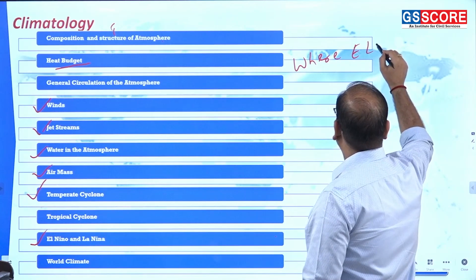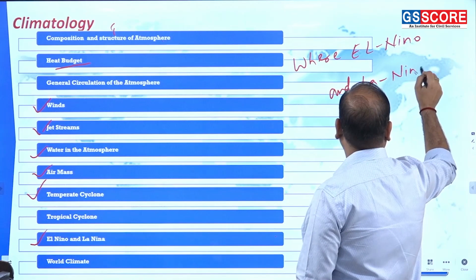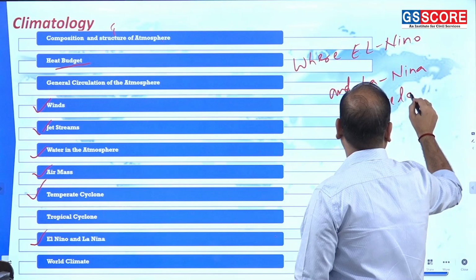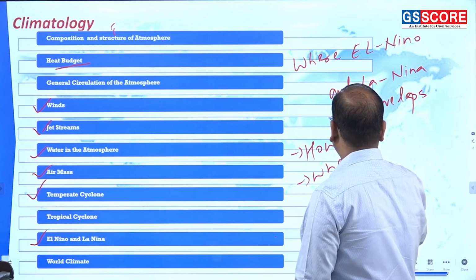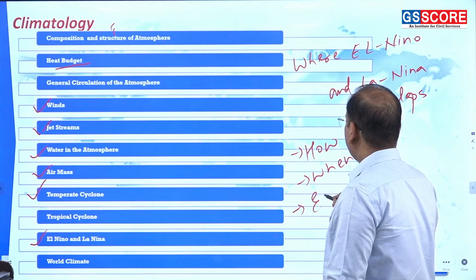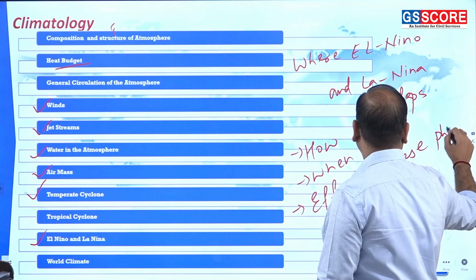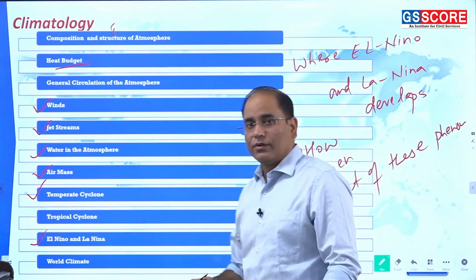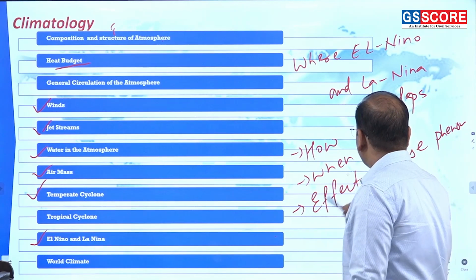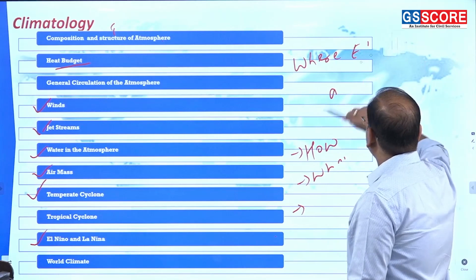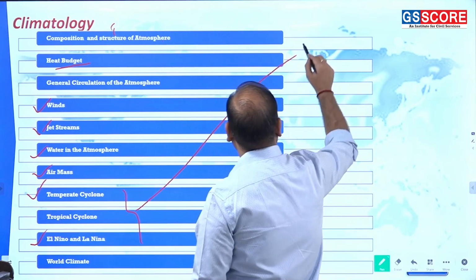where El Niño and La Niña develop, how they develop, when they develop, and the effect of these phenomena. So these are the topics that you are supposed to study in one go. Then in the end, out of these atmospheric disturbances, what you are supposed to study is the main difference